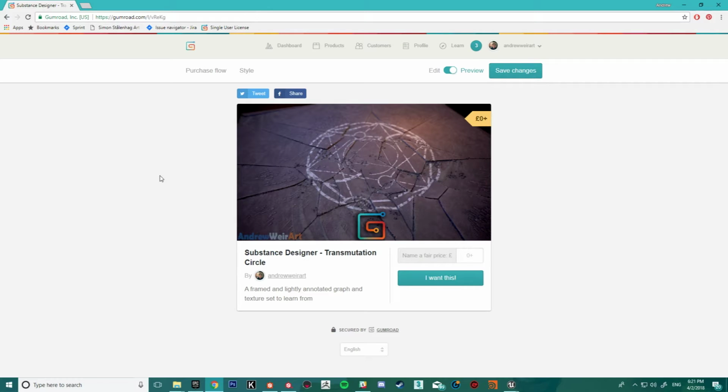It's only lightly annotated, but it's a great way to learn just by looking at a substance and seeing what somebody has done to get the result that they got. It's currently free. I've not made it super professional, so it's not something anyone would maybe want to spend money on, but the option does exist if anyone does want to support my content.